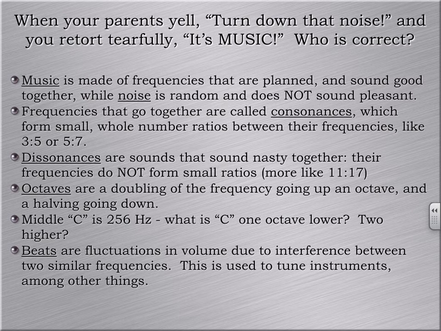So we vary in volume. Why do we vary in volume? Because of interference. Well, there's two types of interference, right? If we have constructive interference, then the sound is going to get louder, and if we have destructive interference, the sound is going to get softer, and so we have it fluctuating in volume because it keeps changing whether they're working together or fighting each other.